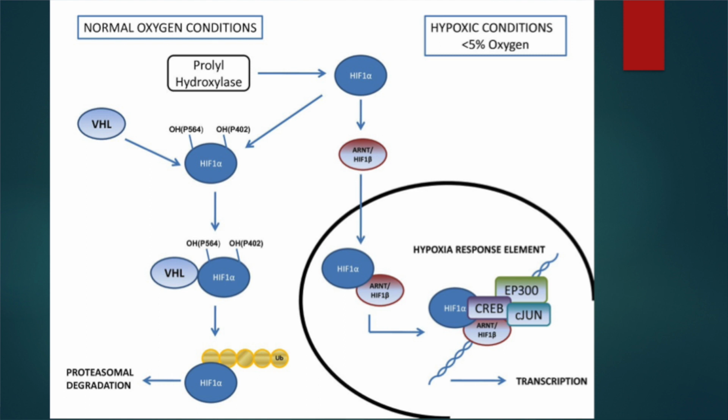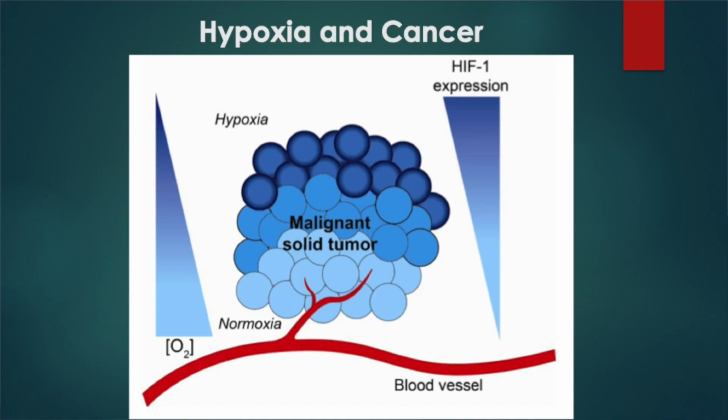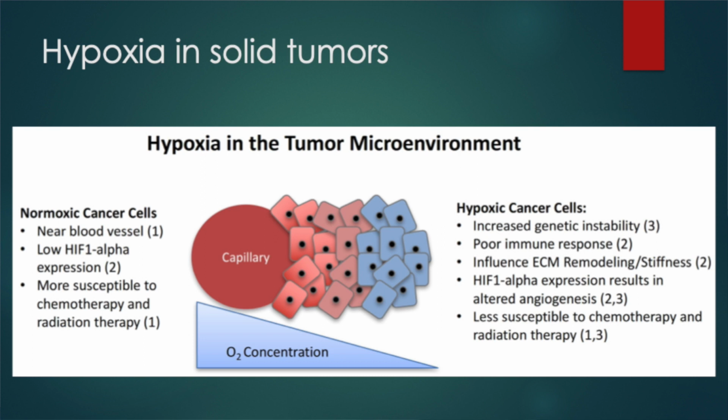Before that, we have to see what causes the cancer cells to move from its site of origin to different sites. One of the major factors that help the cancer cells metastasize is hypoxia. So what is hypoxia? As the word suggests, it is the lack of oxygen. So what is the percentage of hypoxia that the cancer cells feel? A percentage of oxygen which is less than 5% is considered a hypoxic condition. Normal oxygen conditions are termed normoxic conditions or normoxia. A hypoxic condition is less than 5% of oxygen in the tissue system.